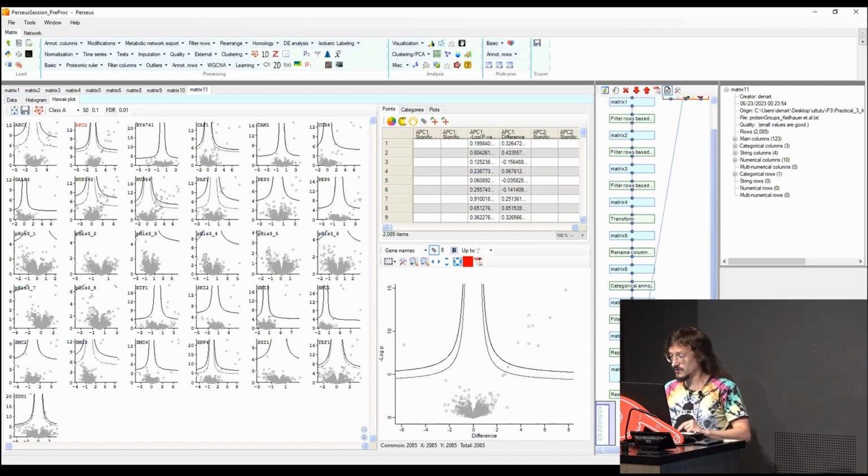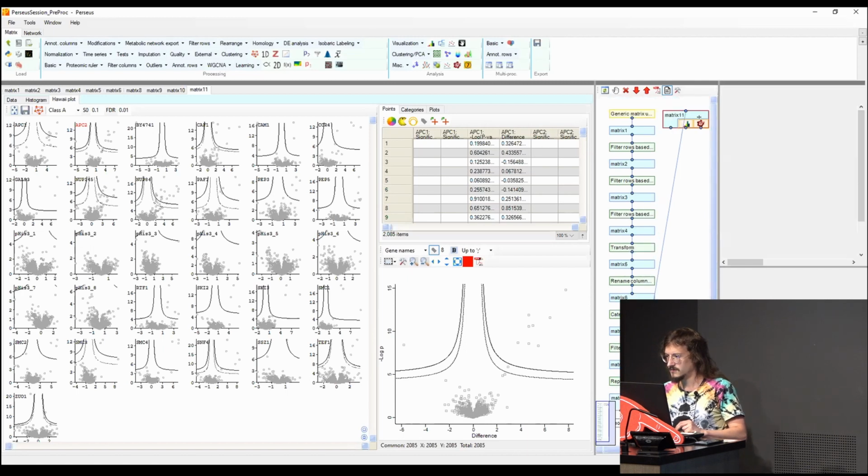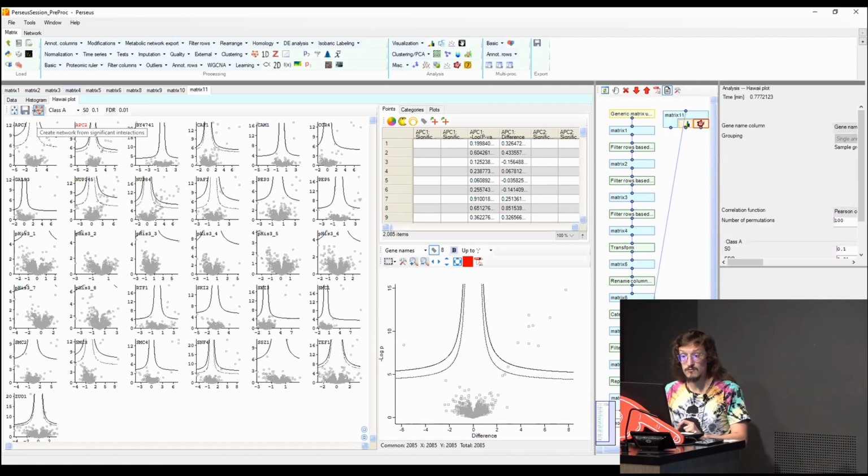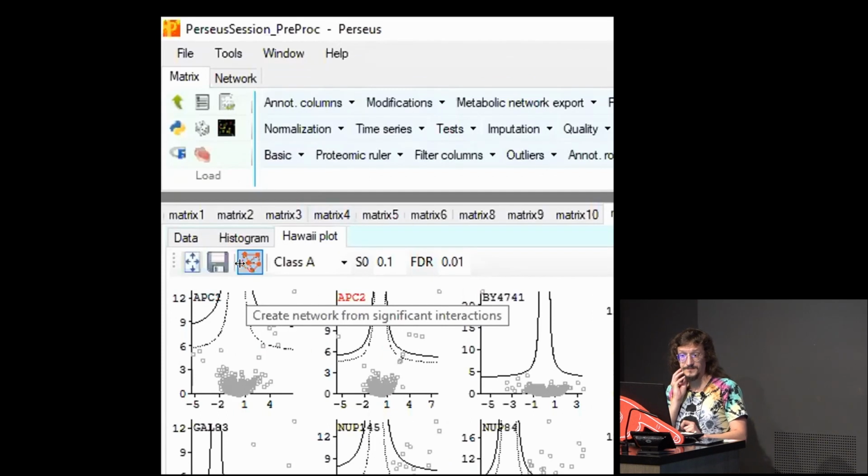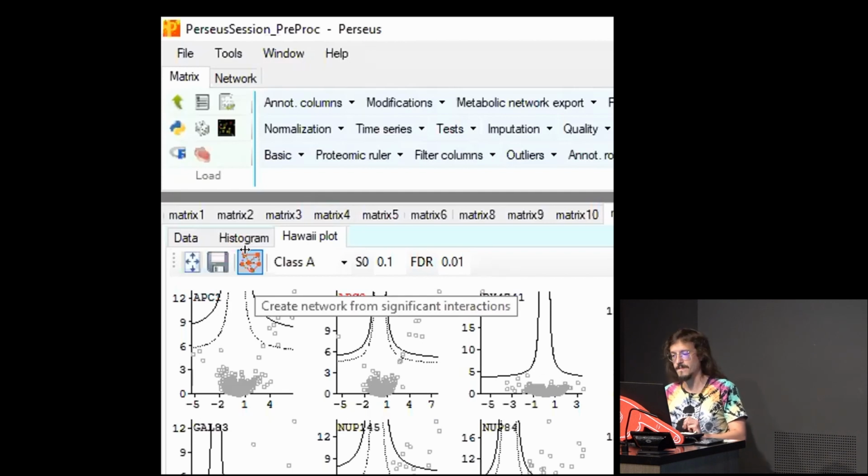The thing I wanted to show you, because now we talked about networks, but this is not a network. Where is it? Here. We have this button called Create a Network from Significant Interactions.